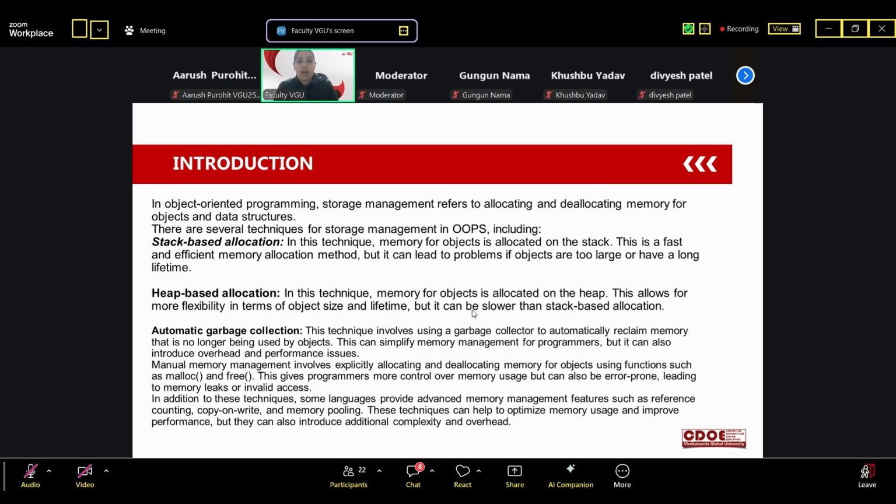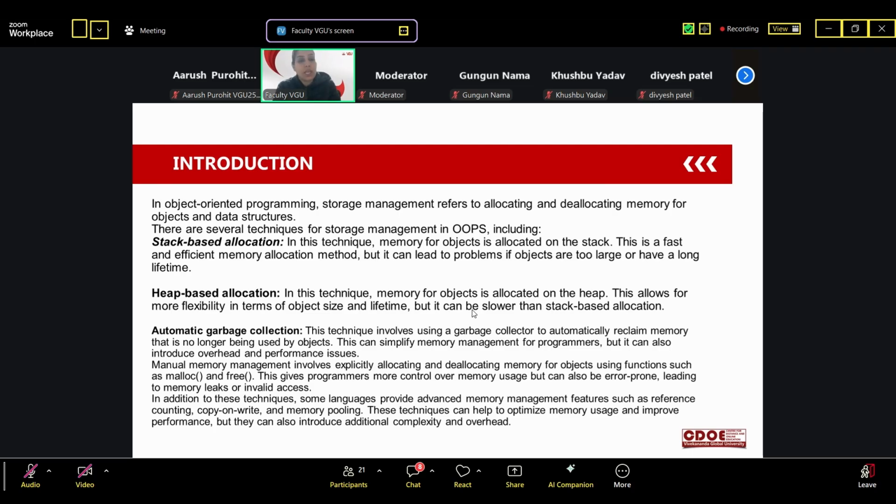Why are we saying this? Because it can lead to problems with objects that are too large and have a long lifetime. Next is heap-based allocation, where the memory for the object is allocated on the heap.